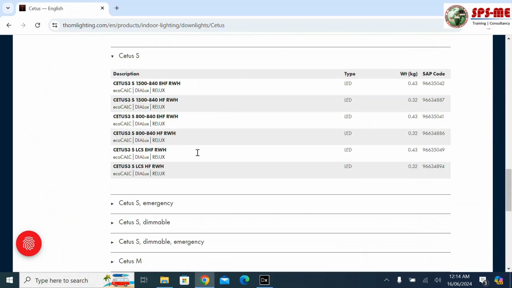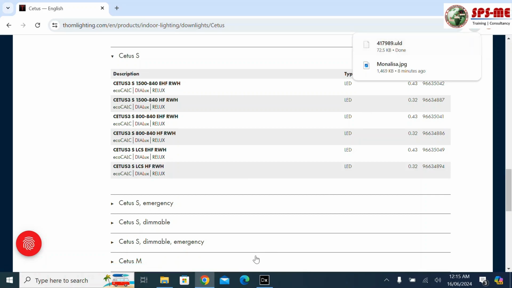and you can see here the DIALux file for that light. So you just click, you can select the IES file also, but this manufacturer is providing you the DIALux file, but some manufacturers may give only the IES file. So any of these files you can select. The procedure is the same. You click on the DIALux,